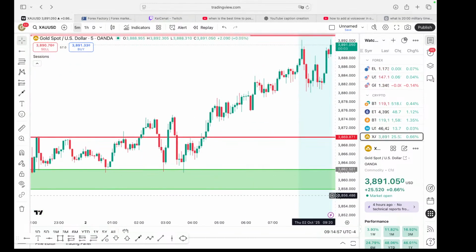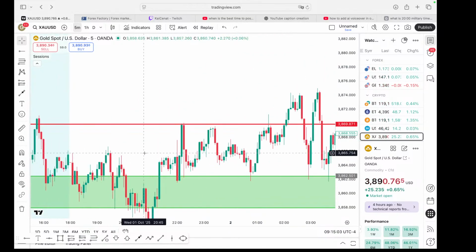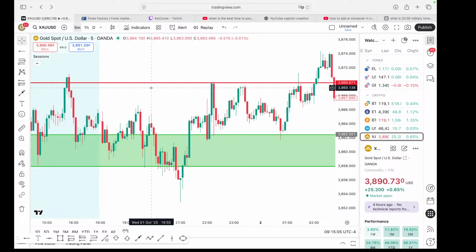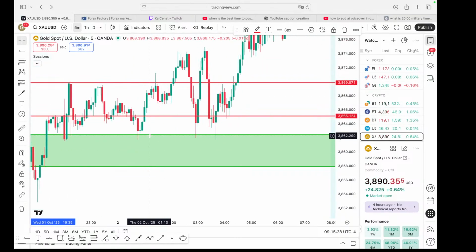Another entry that I saw, when was it? It was last night. Okay, this was the entry that I saw last night, and I don't know why I did not stay in, bro. Like I said, I just got in my mind too much last night. So, boom, price broke through right here, and I could have got in at the retest after price broke through, or I could have waited for price to pull back to this zone right here. As you can see, like I said just before, sometimes price is going to retest, and then sometimes it's going to correct. You will never know if it's going to retest or correct, so it's best to take two entries.